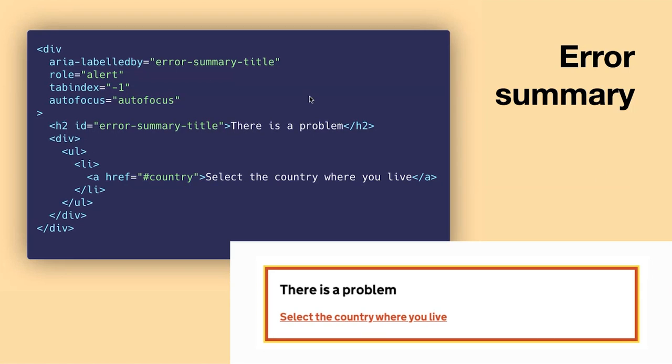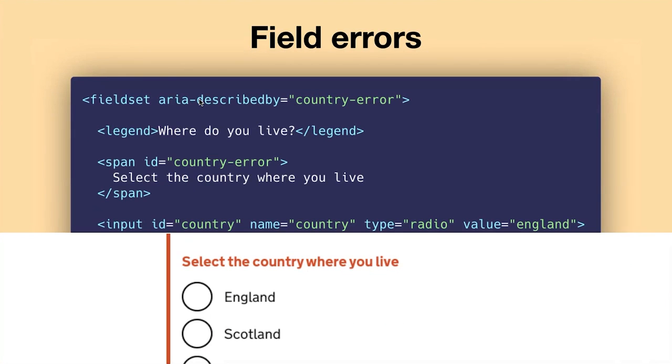There's also a few other subtle things they're doing correctly here. They've got a role of alert. That is another way of doing ARIA live equals assertive. It's basically the same. So it's going to interrupt the user. It's literally going to say, whoa, there was a problem, I need to say this straight away. So as soon as the title's read out, they're going to hear that. And then this tabindex actually allows the user to select this div, which is not normally the case. So they can tab to it, and we even autofocus it. The reason why that's done is so that it doesn't matter if there's navigation or whatever above the page. We skip all the way down to this, so the user goes straight to where their attention needs to go.